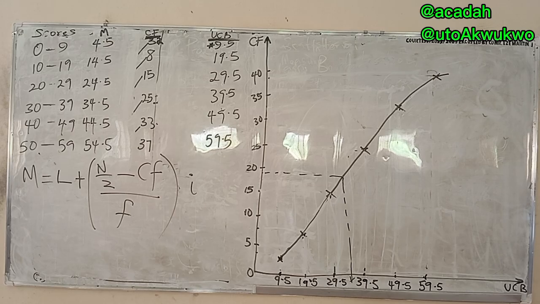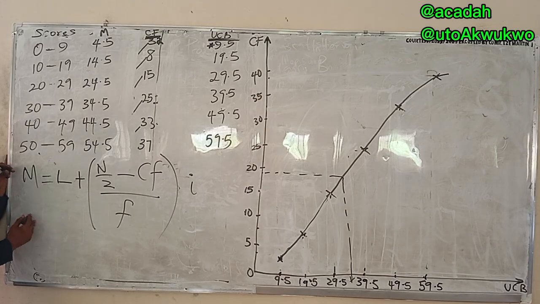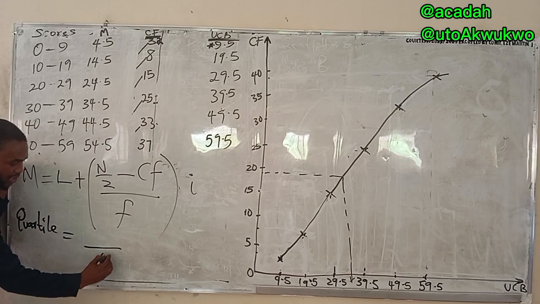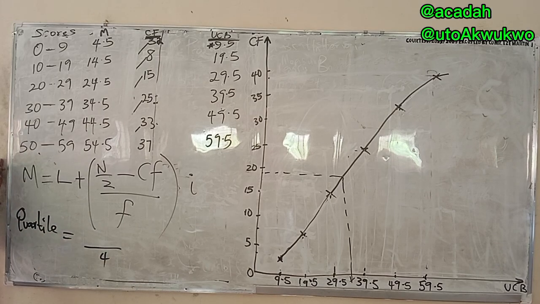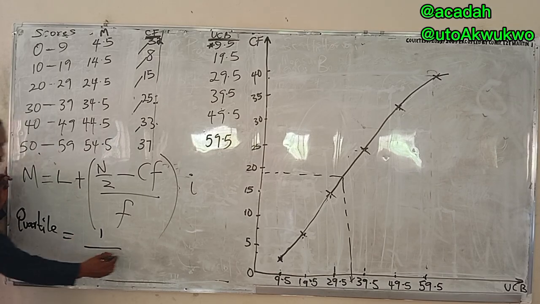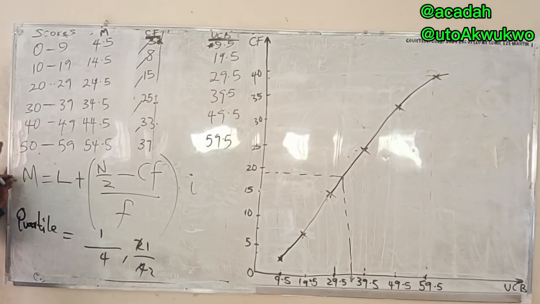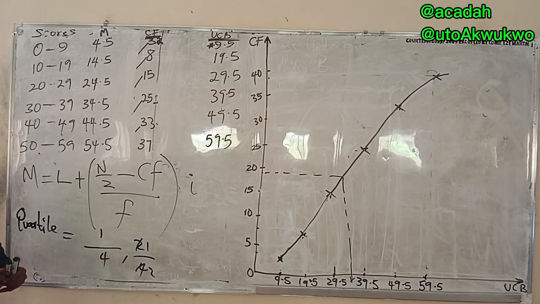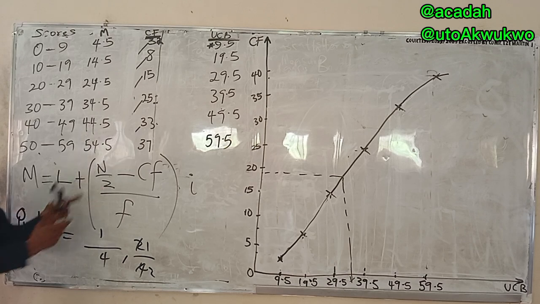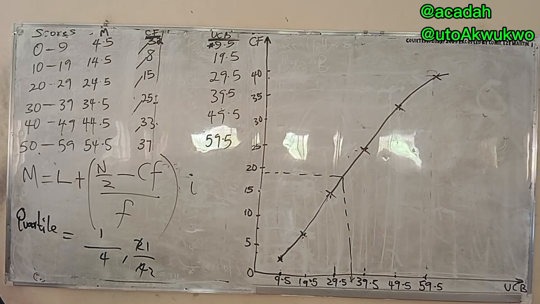So with that said, why I say this is almighty formula is that there is something called quartile under measures of location. You might choose not to write. I will give you all those things. If we hear quartile, anytime you hear quartile, it means something divided by 4. So if you hear first quartile, it's 1 over 4. If you hear second quartile, it's 2 over 4. But notice something, 2 over 4 is the same as 1 over 2. You see that too? And 1 over 2 is something divided by 2. That's why we say that another name for median is second quartile.